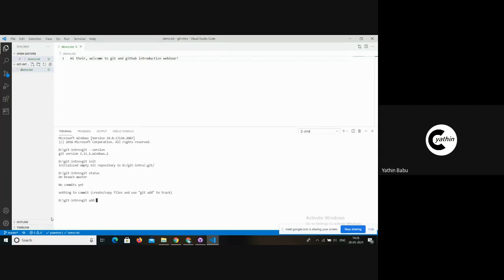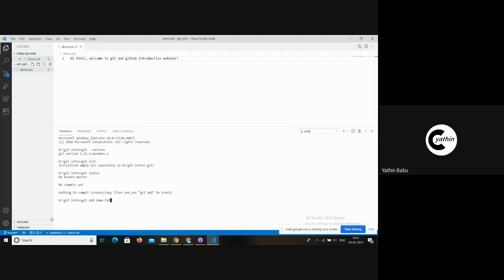There are two ways we can stage a file. One is directly writing git add demo.txt. So that's one way of staging a file.